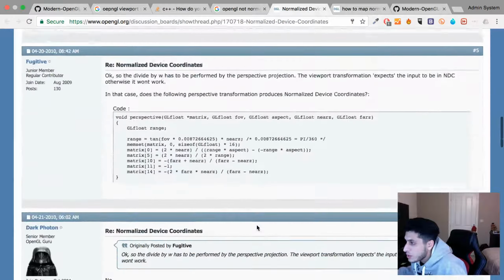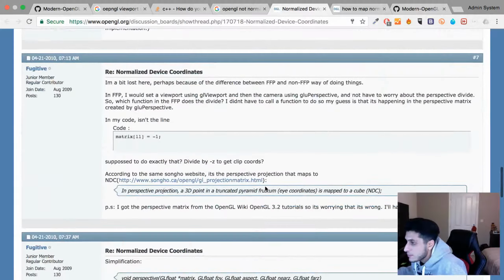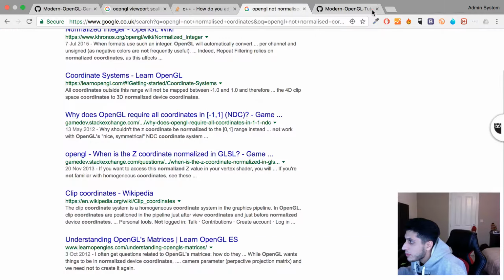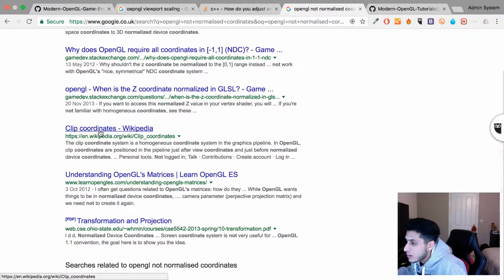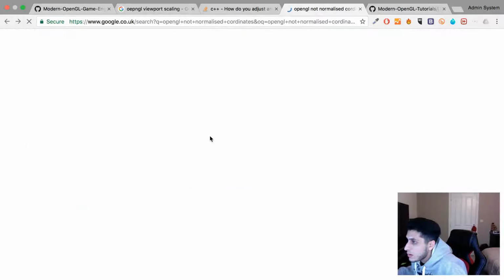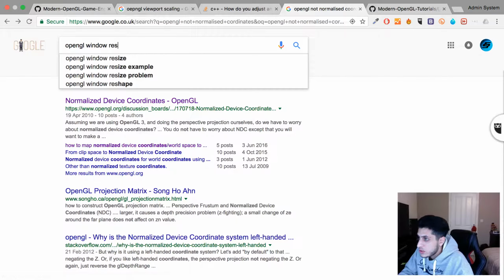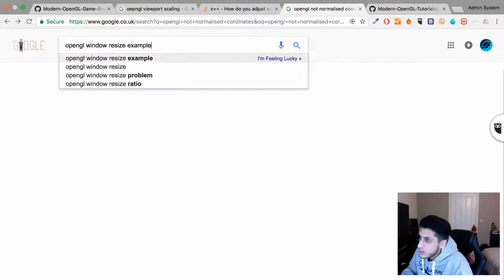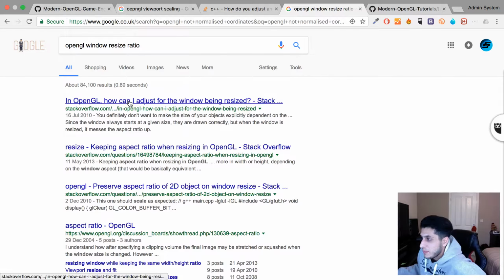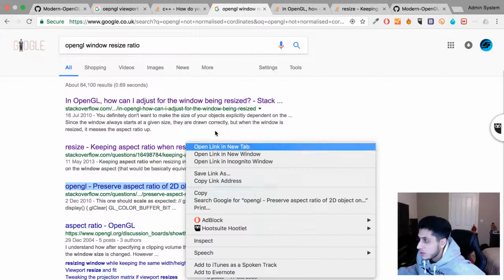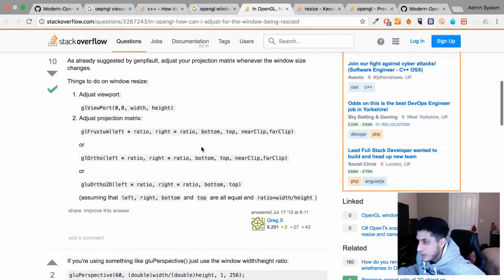I can't remember whether OpenGL had the built-in functionality for this, or whether it's something you have to essentially handle yourself. OpenGL window resize ratio. Let's have a look at that. How can I adjust for the window being resized? Yep, this looks like what I want. So adjust viewport, adjust the